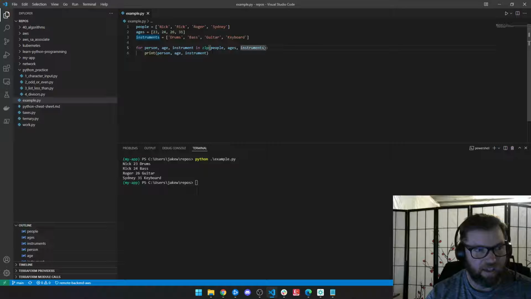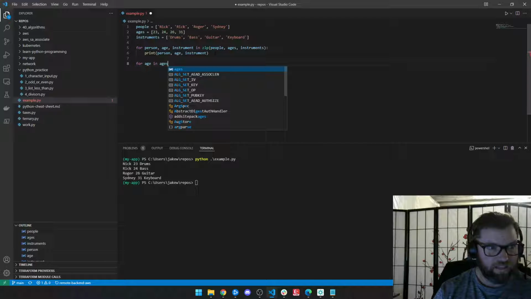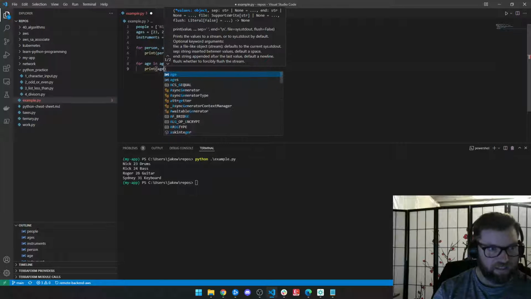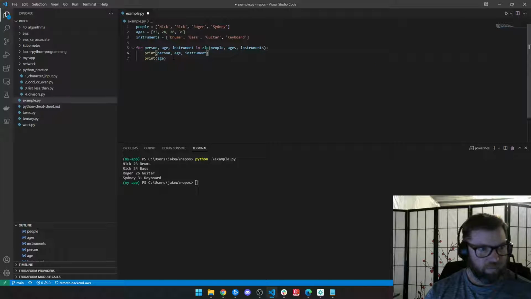So I have a tuple with 3 values, and I'm doing a for loop, which if you ignore this, is kind of like saying for person in people, or for age in ages, print age. So the equivalent of this, just to break this down, an age is a short one, so if I did for age in ages, print age, that might be a little bit easier to understand. So essentially what we're doing is 3 for loops at the same time, kind of, but they're simultaneous. So I'm saying for all 3 of these things, print each of those 3 things. So it's the same thing as doing a regular for loop, except you're able to do it with multiple values